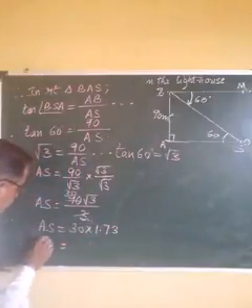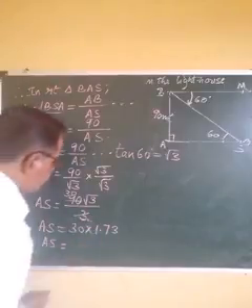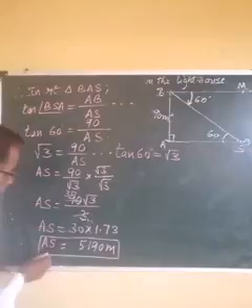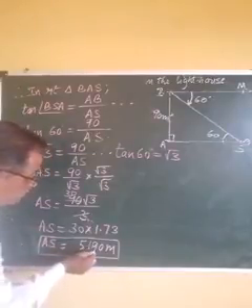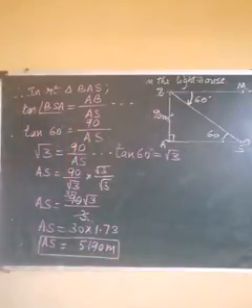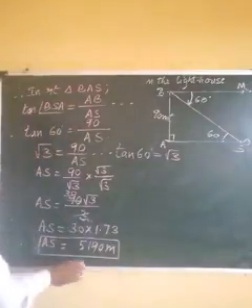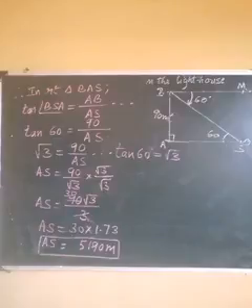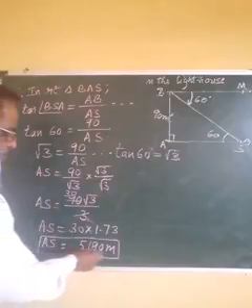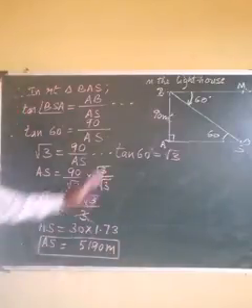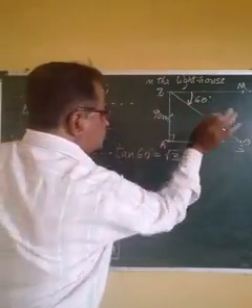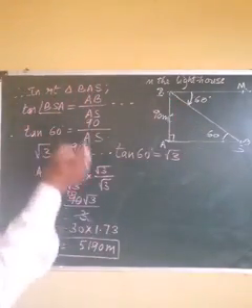So after multiplying 30 by 1.73 we get AS is equal to 51.90 meters. Therefore, lastly you have to write down the sentence which we have written in the claim, and that is, therefore the distance of the ship from the lighthouse is 51.90 meters. Hope you must have understood how to find either the height or the distance.